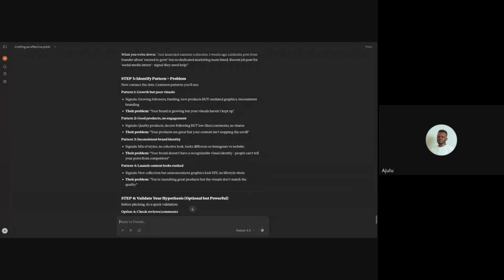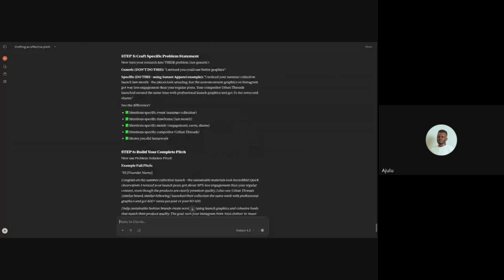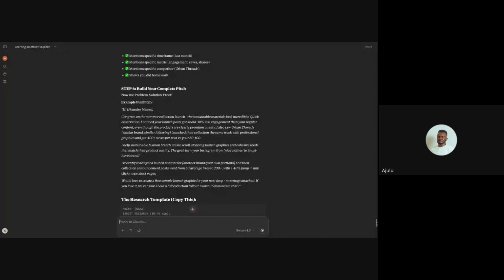Identify your patterns and problems. So it gives you different steps. Do you understand? So when you get to this pitch stage, even when you get to the point where you now have a pitch, I don't even advise you to